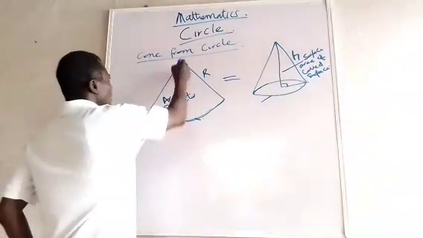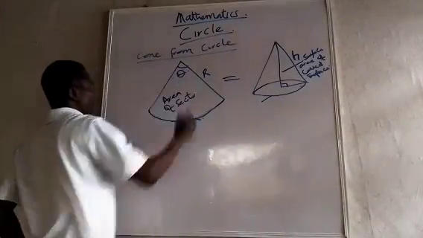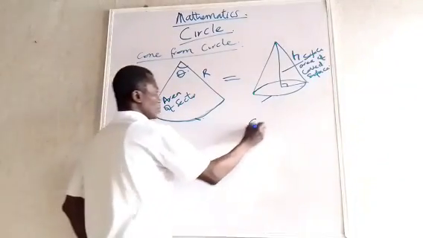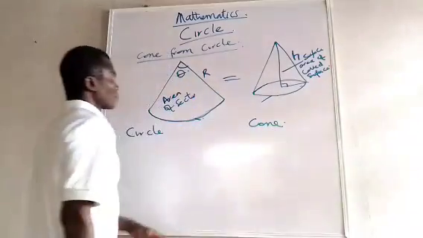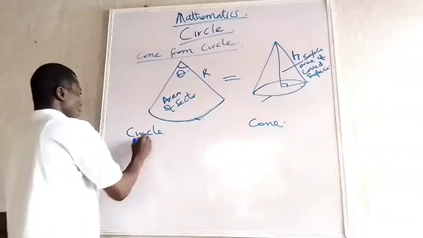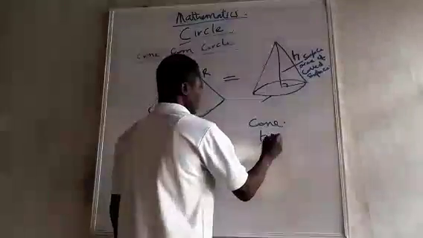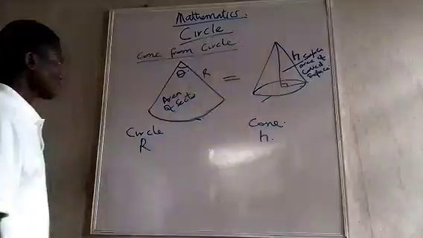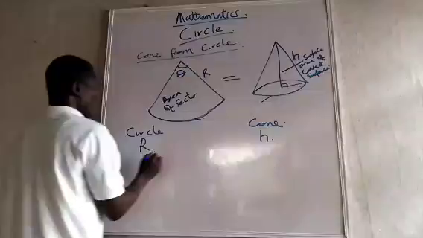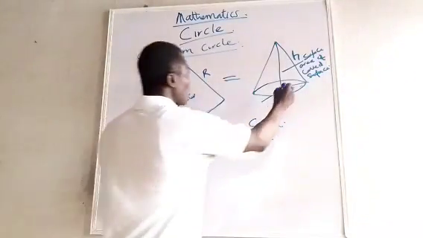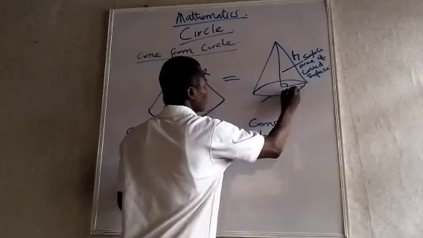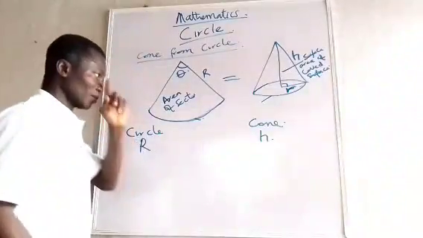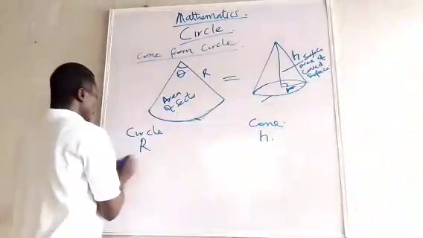You know that here we are going to have theta for circle now, and for cone, R here will become H here. R here becomes H here. Here, you see that we have a smaller r here. You can find relationship between this one and this one here. You will see, the length of the arc here